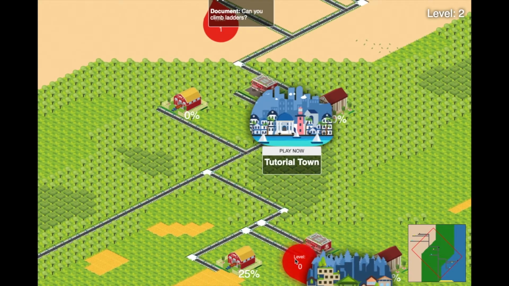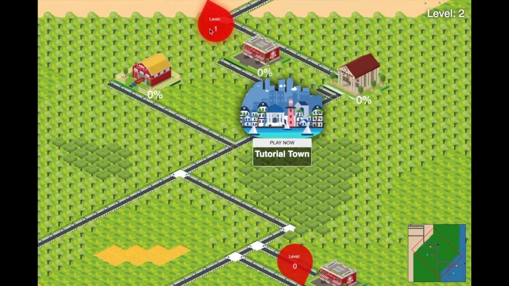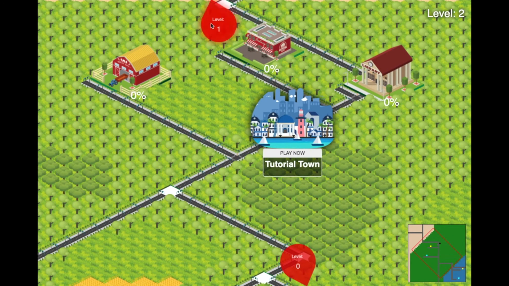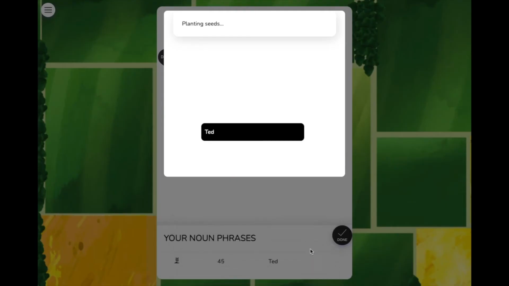Returning to LingoTowns, we now demonstrate navigating between the towns. This can be done with either free mouse movement or by clicking the red compass-like icons that summarise the content of the respective towns. We then click on the farm building in a new town to play the first document